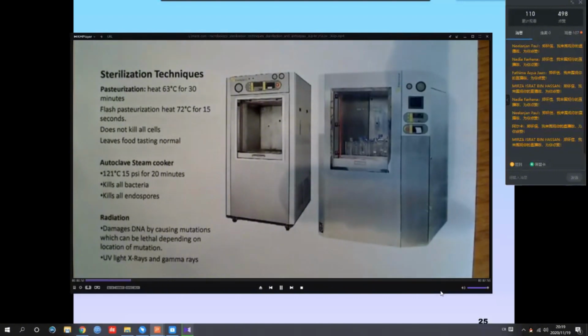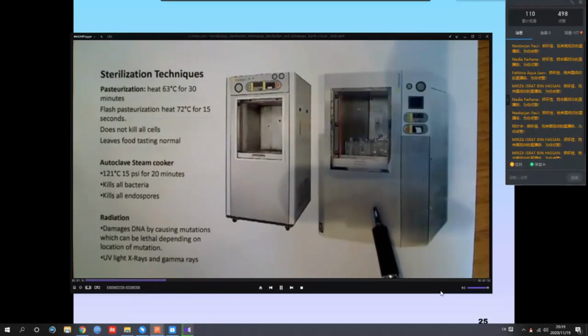So with the sterilization techniques, the one probably most of us are most familiar with is pasteurization, and that's common if you drink juice or milk, maybe is the best example, where basically it's a process of heating to 63 degrees Celsius for 30 minutes, okay? And it doesn't kill all the cells. But what it does do is it kills things like tuberculosis and some of the other heat-resistant but non-spore-forming bacteria, okay? So it's heating it long enough to kill heat-resistant bacteria, but ones that don't form spores, because dealing with endospores is really difficult, and the only way to deal with spore formers and to ensure that you've killed all spores is to use one of these.